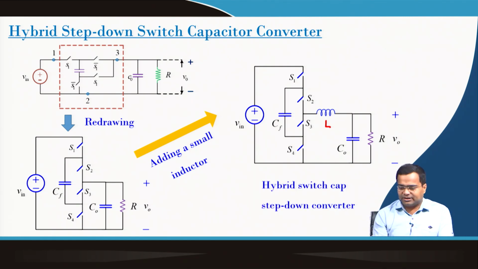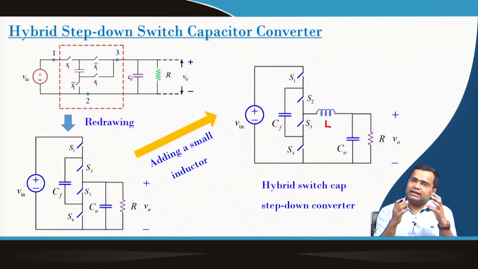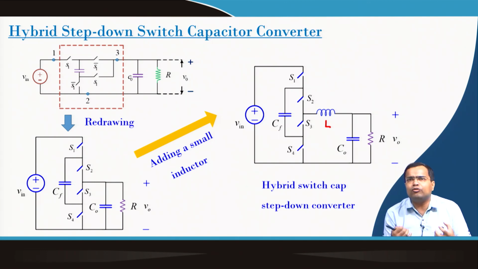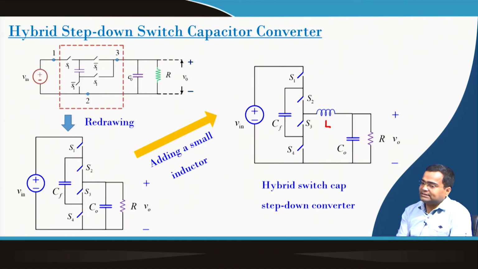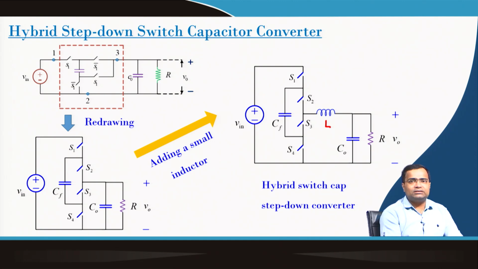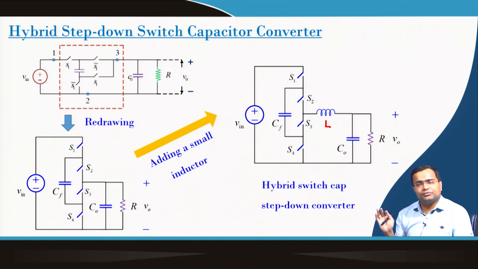So, this is a hybrid switch cap converter. It is called a hybrid step down DC-DC converter, in which the primary energy transfer element still remains the capacitor, which can achieve high energy density, because a capacitor offers higher energy density than an inductor; it can store more energy with a smaller size. Whereas the inductor here is small and is used to limit the current. It is not primarily an energy storing or transfer element, that is why its value is very small.